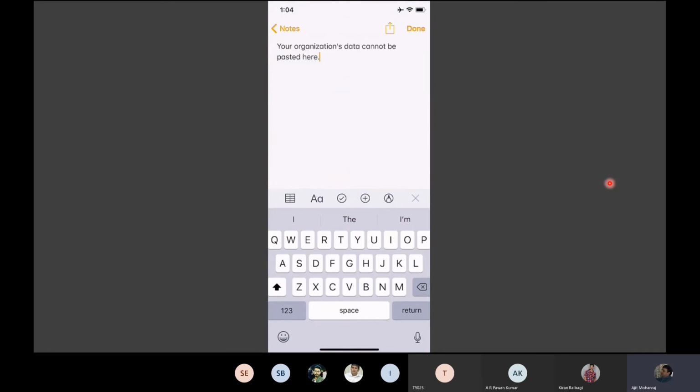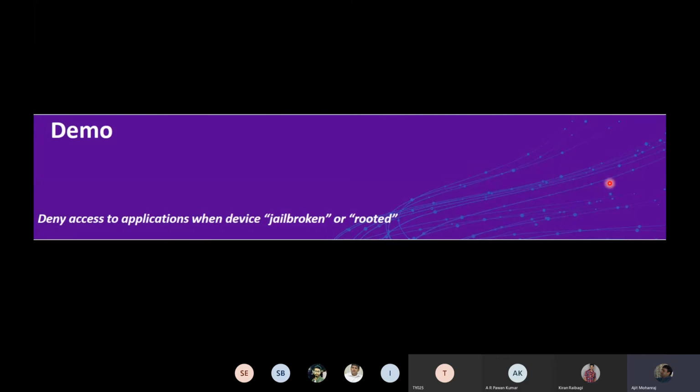Because remember, the Outlook app is now a managed app where I'm concerned, right? So when you're logging in with my credentials, I'm going to make sure that if you want to log in using the Outlook app with your credentials, go ahead. But it's kind of that dual persona, where I'm able to keep my corporate data separate and your personal data separate, right? And I'll have my policies accordingly.